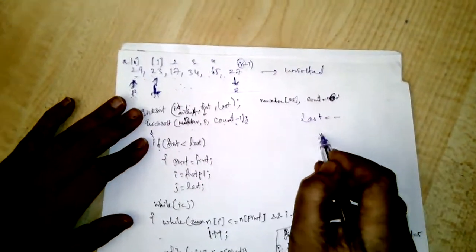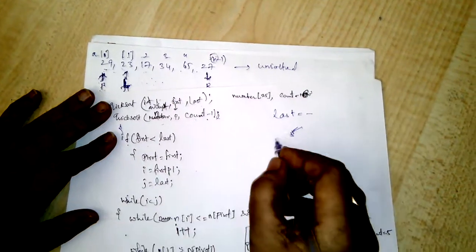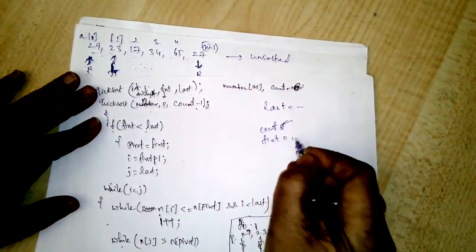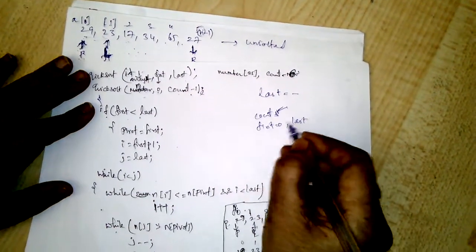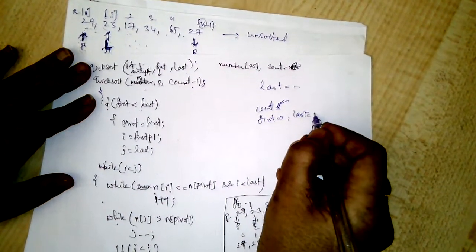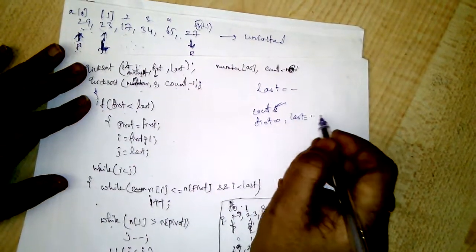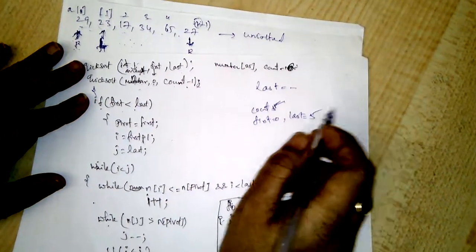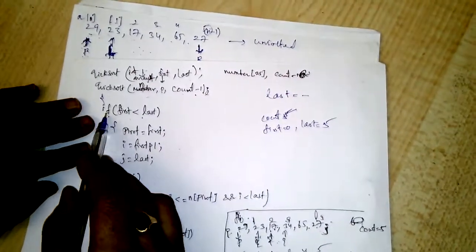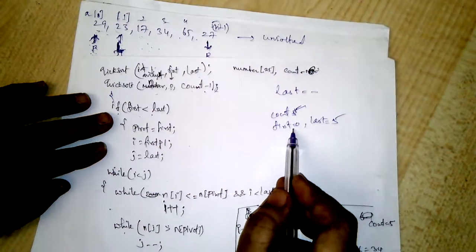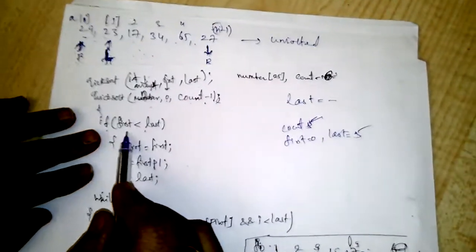The count is 5, first is 0, and last is n minus 1, that means 6 minus 1, which is 5. Next, if first is less than last, 0 is less than 5,